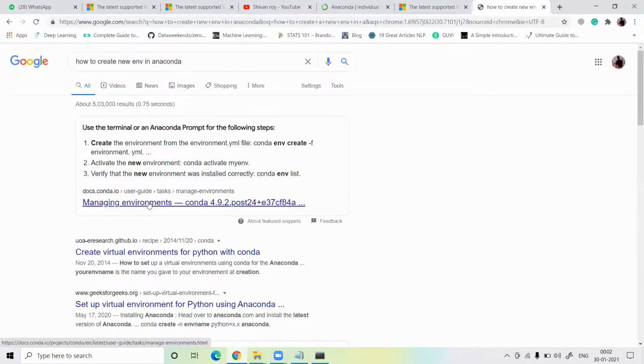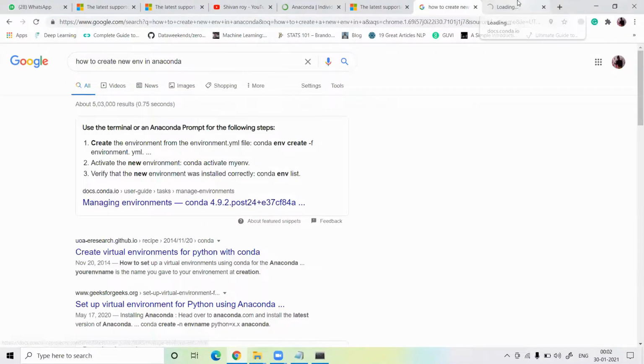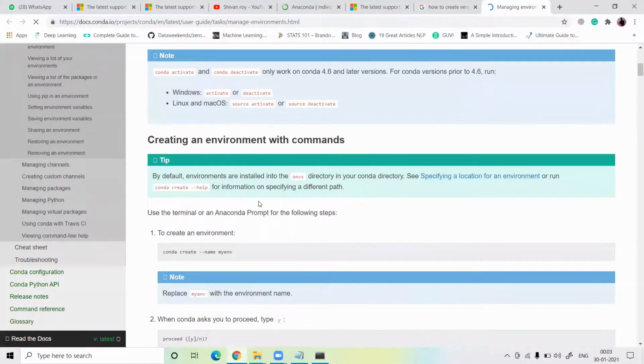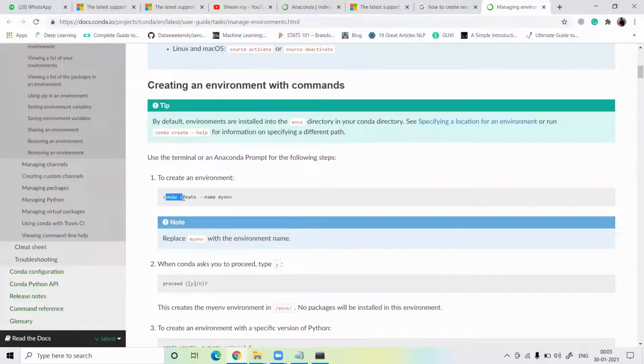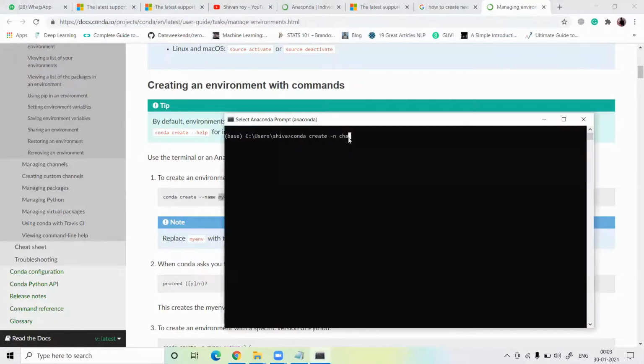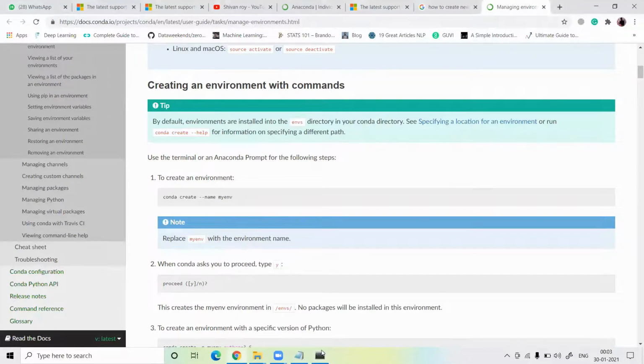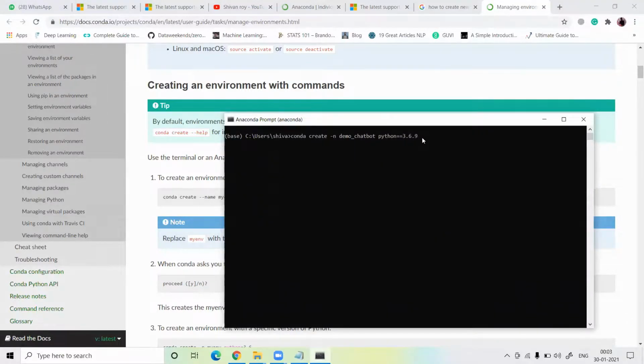I'll show you the code: conda create -n and your environment name. I just write demo chatbot, and Python equal to version 3.6.9. So: conda create -n, your environment name, python=3.6.9, and just hit enter.